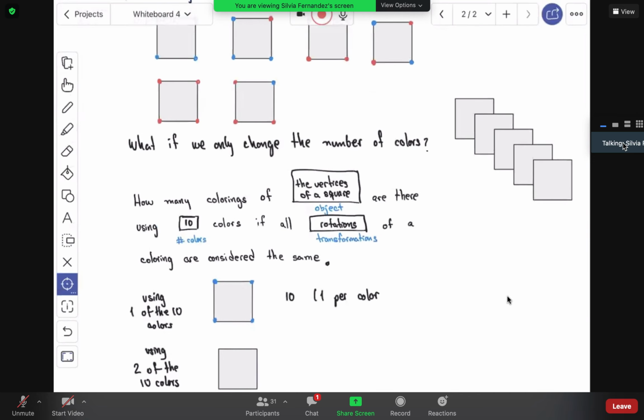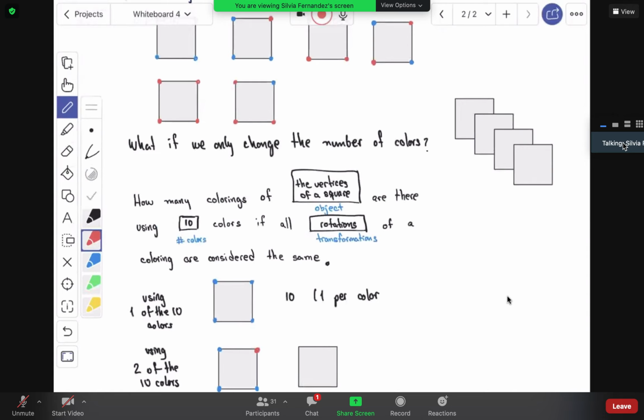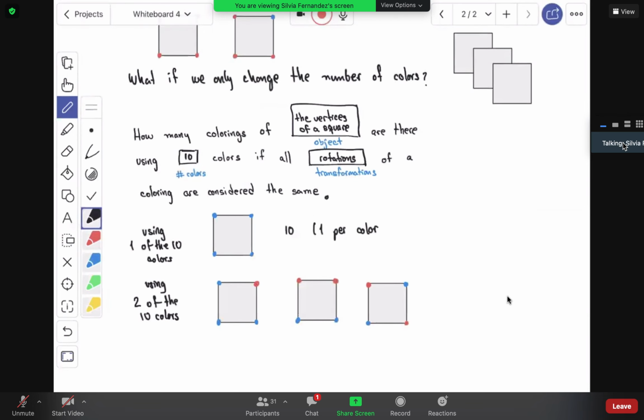Well, I'm gonna have all these possibilities. So if I'm using two colors, I can have this, one of the points being one color and the other three the other color, or I can have two of each consecutive like that, or I can have two of each like this. And then I need to see in how many ways I can do this if I have 10 colors available. So for each two colors,